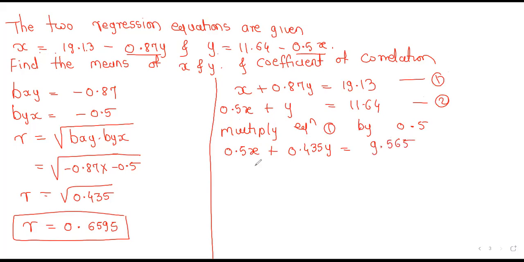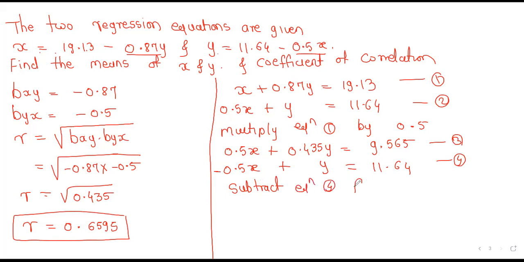And the another equation is 0.5x plus y is equal to 11.64. Okay, now subtract करावं लागेल आपल्याला, बरोबर? So we write as subtract, equation 3 देऊ, ह्याला 4 देऊ, subtract equation 4 from 3, we get,